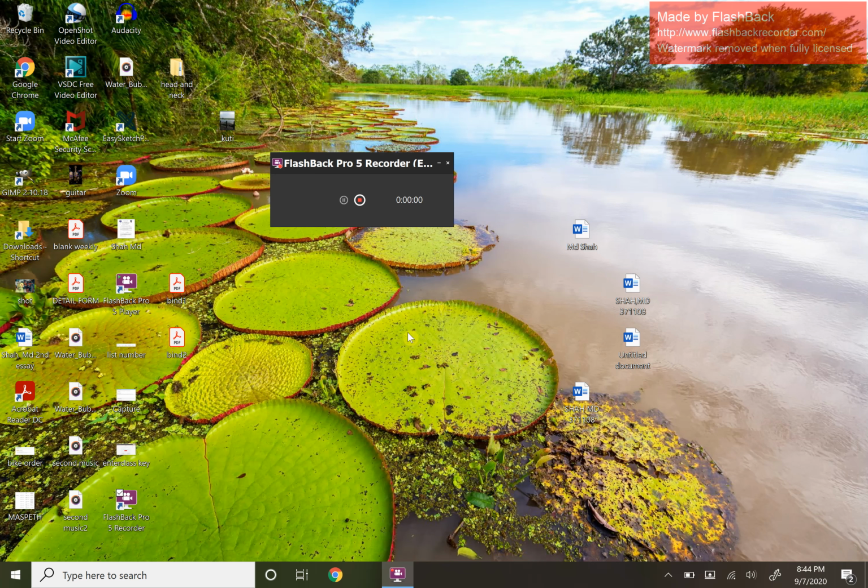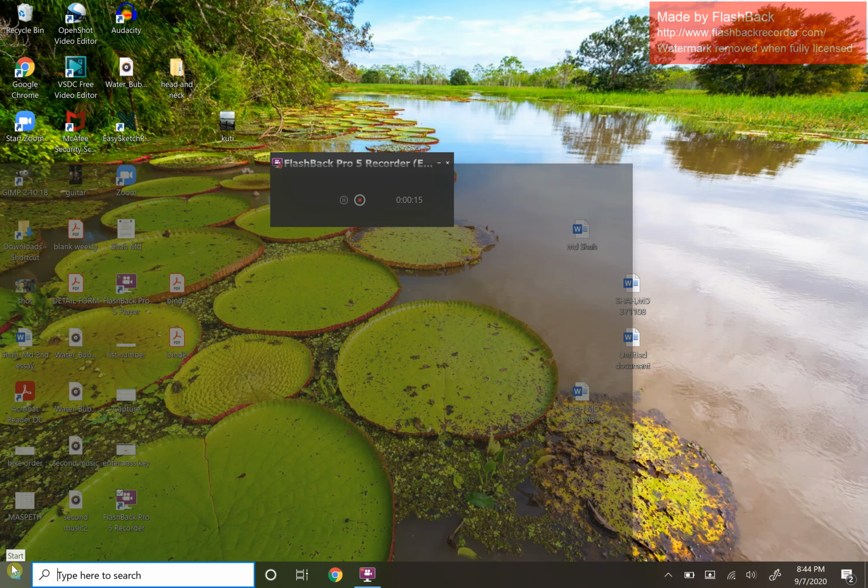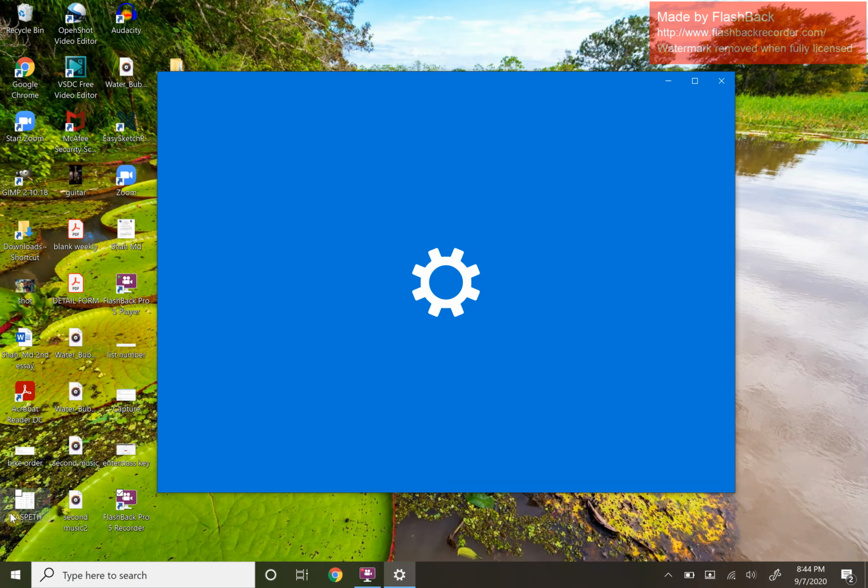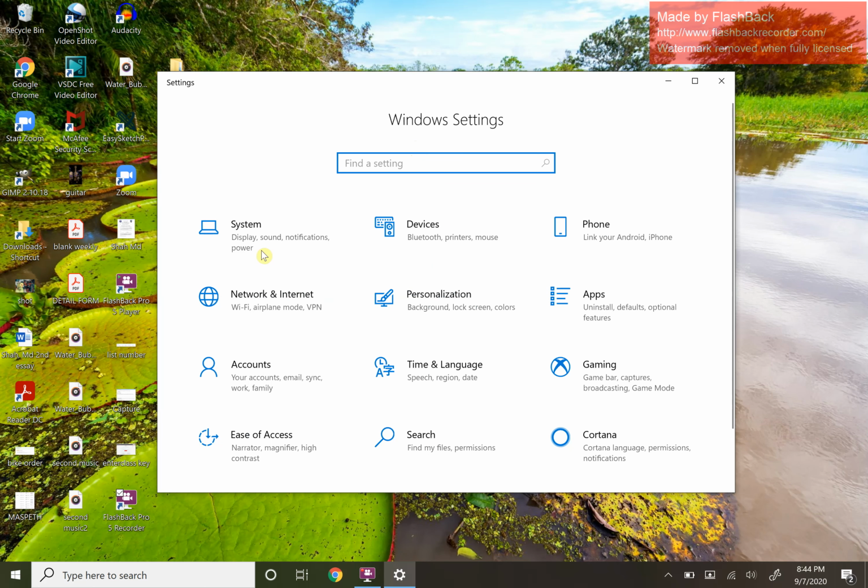So today I will talk about how to manage the brightness in your display in Windows 10. So first of all, you need to go to the Windows Start button, click here and go to Settings. Once you're on the settings page, click under System: Display, Sound, Notification, Power, click on here